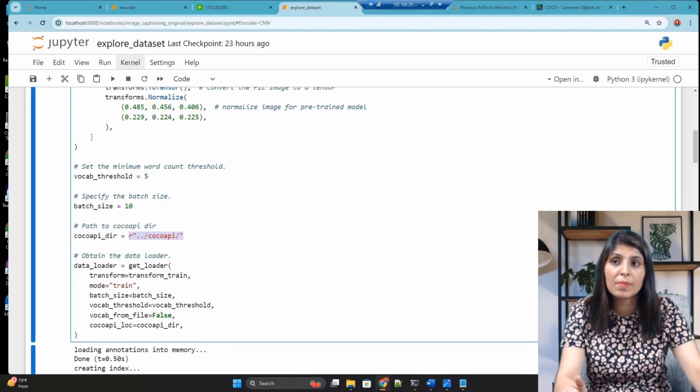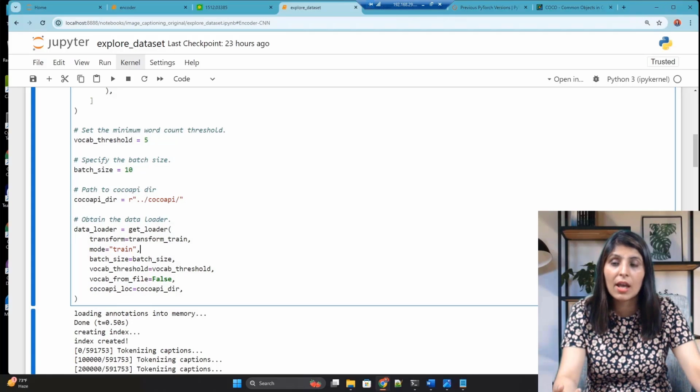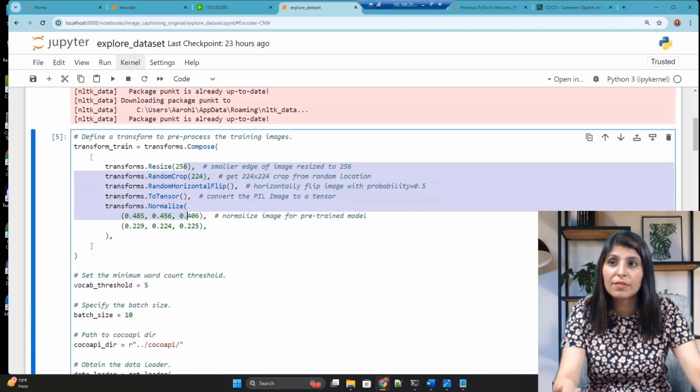That is the COCO API folder which I've shown you. Here we are writing a few lines to load the dataset. Which dataset are we loading? We want to load the training dataset, and on it we want to perform the transformations we have defined here.